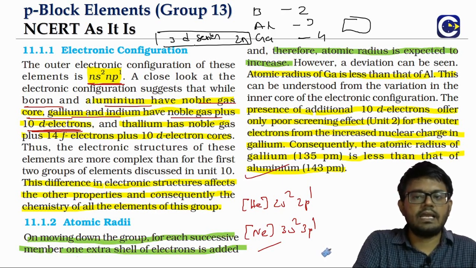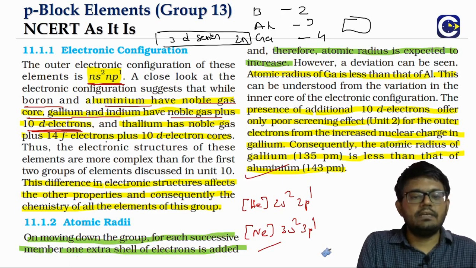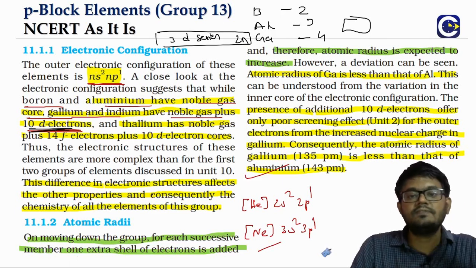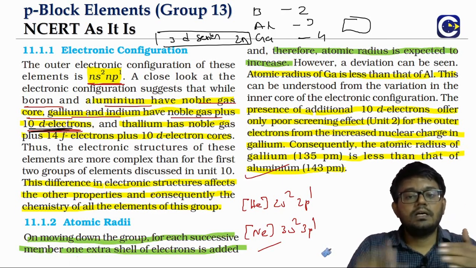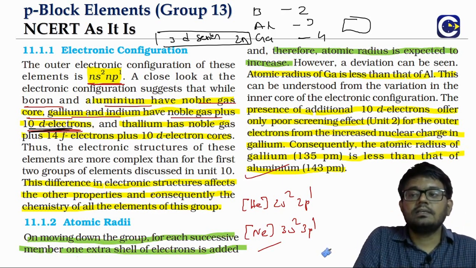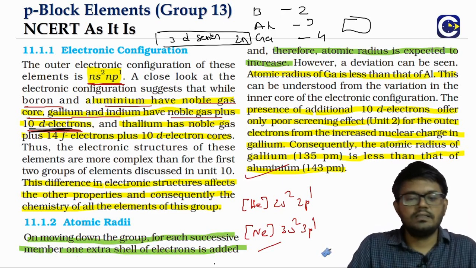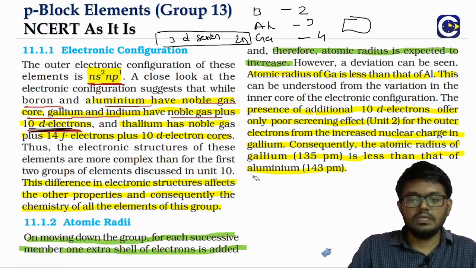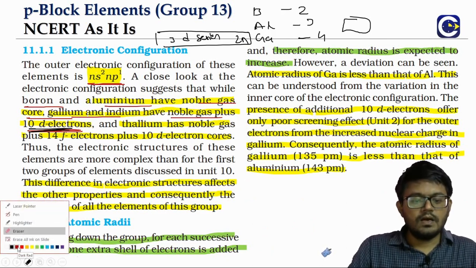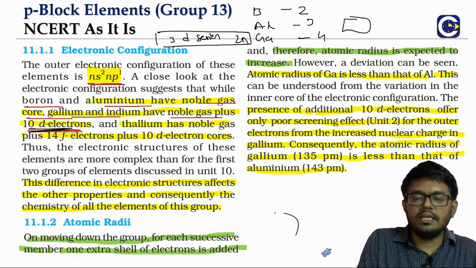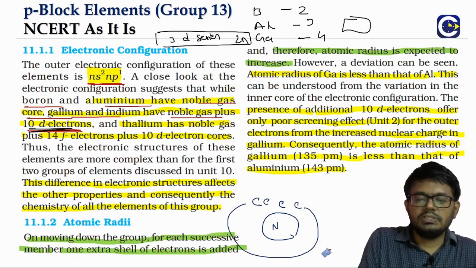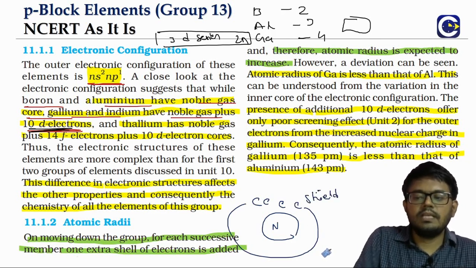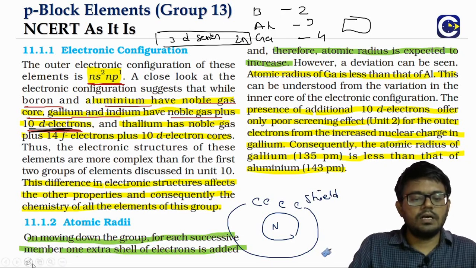After the noble gas element, we have 10 electrons being filled into the 3d level. So what you will have is noble gas plus 10 electrons in the d. And this is where the differences will start coming. Because of the d electrons in the inner core, their screening effect will be less. This is something that we have talked about in the periodic classification of properties also. The inner electrons are supposed to shield the nucleus, to shield the nuclear power from affecting the outer or valence electrons.